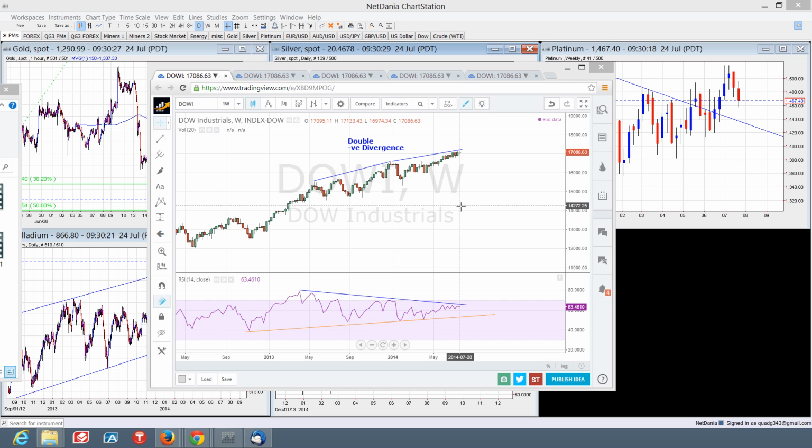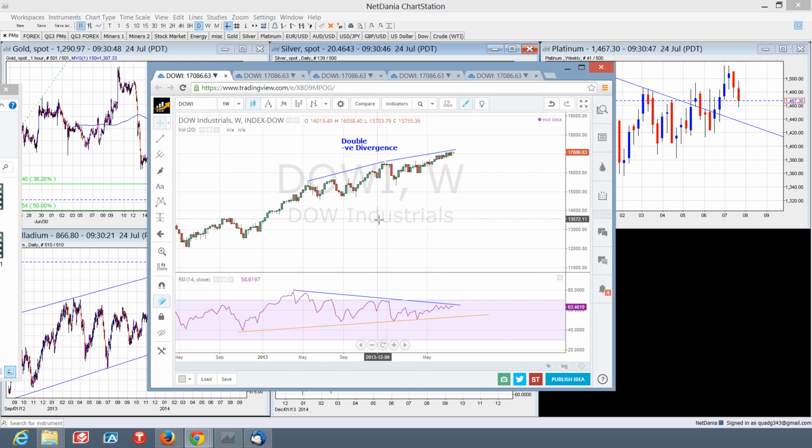In this entry, we're going to take a look at the Dow and also negative divergences in the RSI and MACD as well. Two very common oscillators that are used in technical analysis quite frequently. And one of the ways to look at the RSI and the MACD is watching for what are called negative or positive divergences. Now you'll see here in this Dow chart, we've got the price of the Dow on the chart moving up,